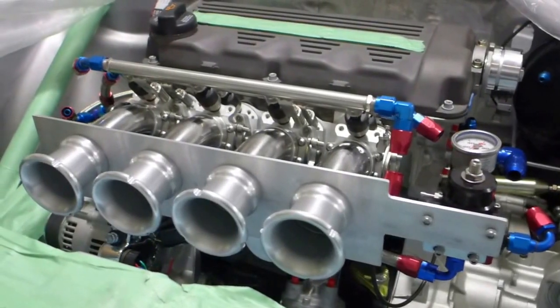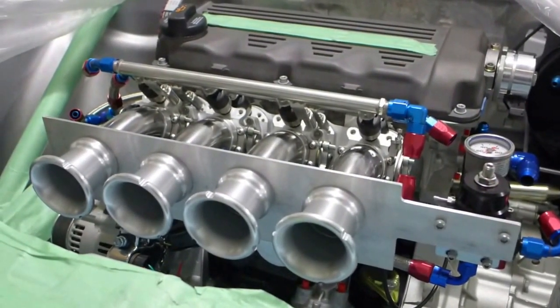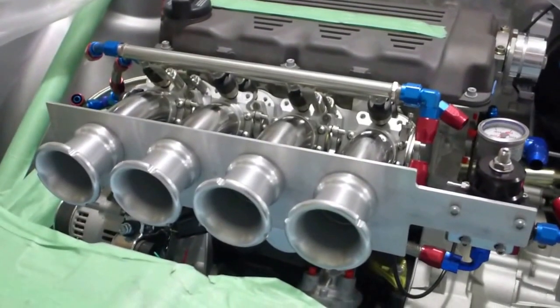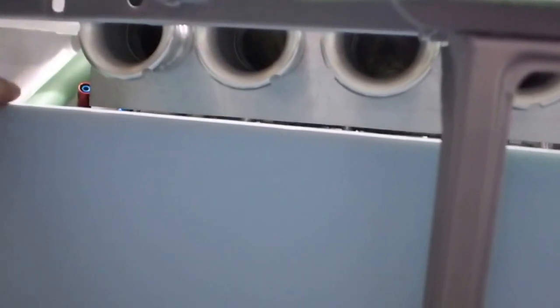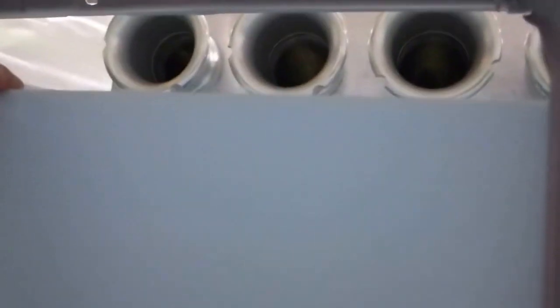So I'm working on the intake some more. Made a design change decision. I'm going to run air cleaners. I'll get the radiator at the end of next week, but basically there's this gap, 2 3/4 inch gap that